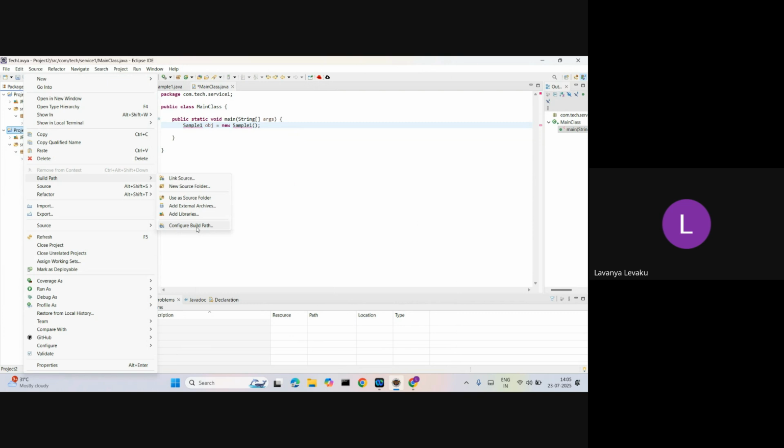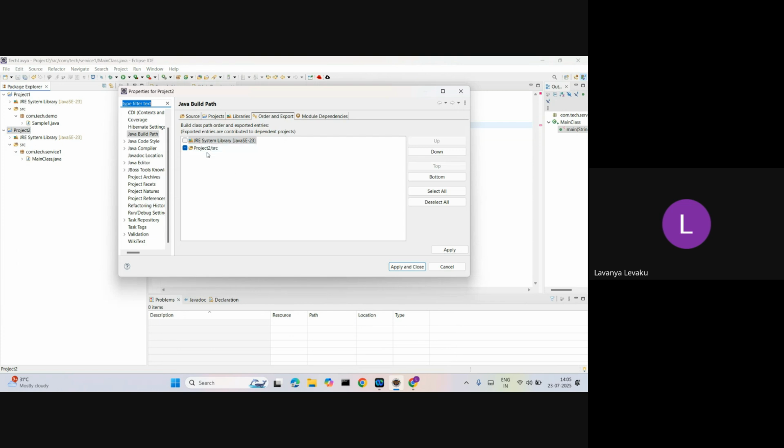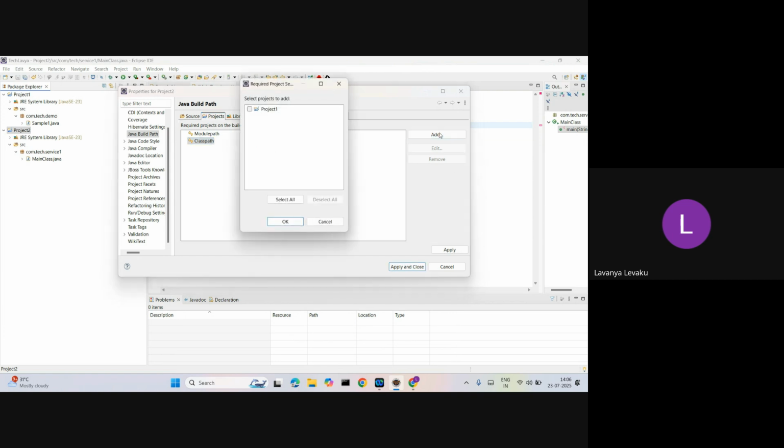Then you have an option of configure build path. In this go to projects, inside the class path. Inside the class path, you need to provide the project from which you want to use classes. So here inside the class path, I'm going to add